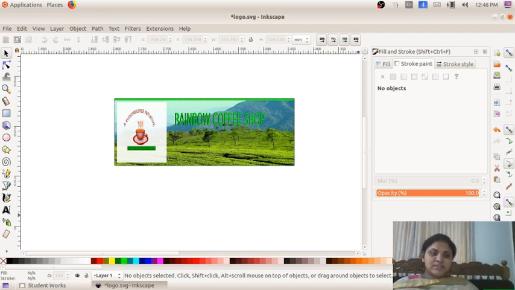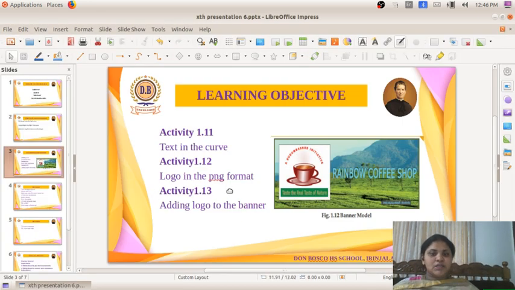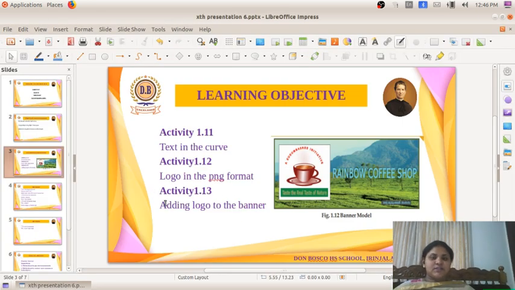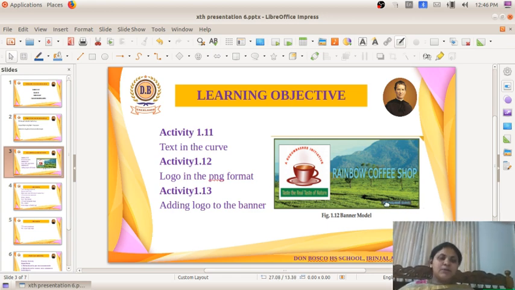In the next class we will be continuing other things. We have to complete one more activity, that is adding the logo to the banner, and we have to write one more text, that is Oru Kudumbashree Samrambham. Like in Malayalam we have to type a text in the banner. With this we will be completing the chapter. That activity I will be discussing in the next class.